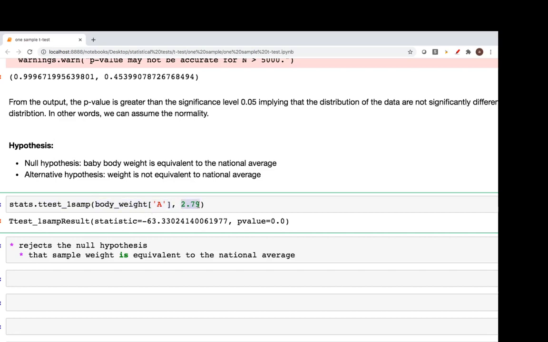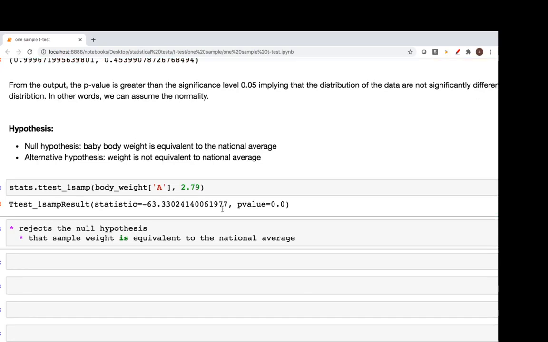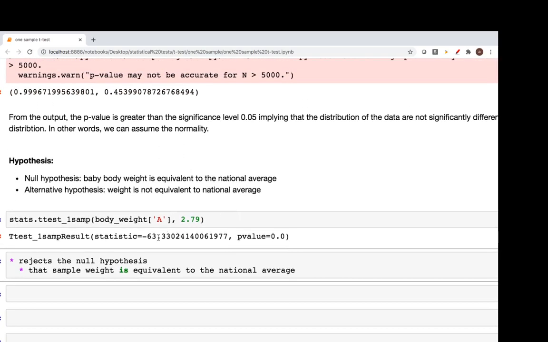This additional part is your national mean. In this case, suppose I have just written 2.79. Ideally, any healthy kid will be between 3 kgs to 3.5 kgs. We have written 2.79. Let's execute this, and we are getting a value of minus